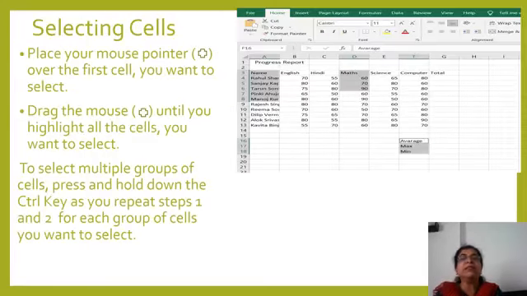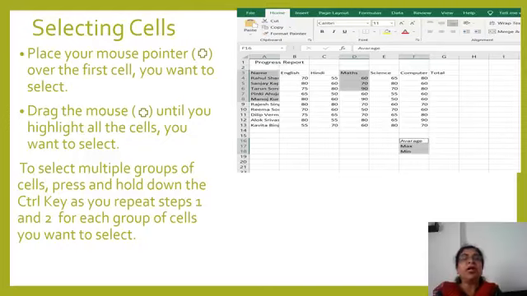Now next is selecting cells. In that, place the mouse pointer. Suppose here we want to select multiple cells and multiple columns. Place your mouse pointer over the first cell you want to select. Now here this mouse pointer changes to the thick plus sign.